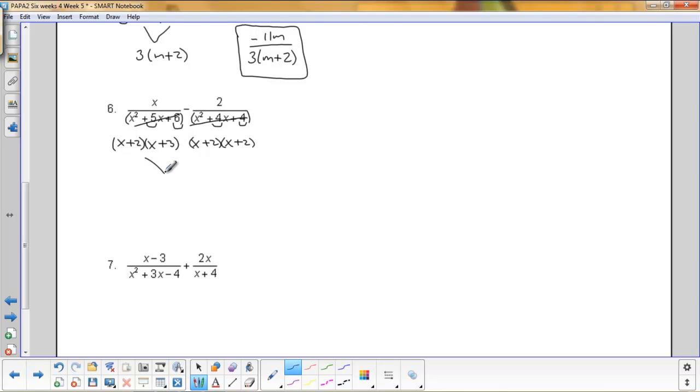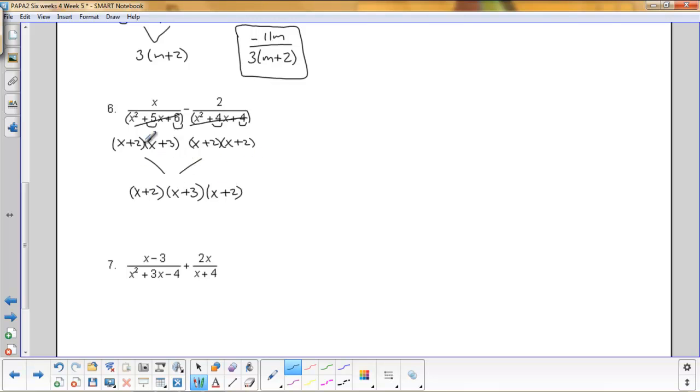Remember, common denominator means I need 1 of everything that's on the bottom. I need an x plus 2. I need an x plus 3. And you got to be careful here. I actually need another x plus 2. And the reason I need the other x plus 2 is because there's 2 of them in this one. If there was only 1 over here, then this one would have covered that one over there. But since there are 2 in this case, I need the second one to get my balance across the entire